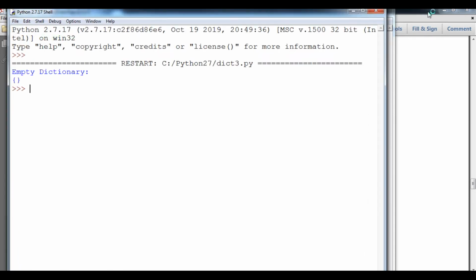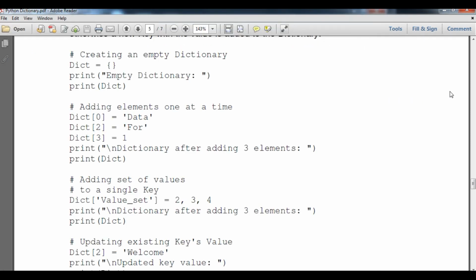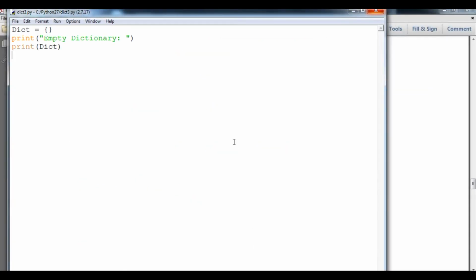You can see in a fresh copy I will show you. You can see a dictionary will open here with empty elements. Now we are going to add some elements, as shown here, like 1 2 3. So we will add the same thing, student, here. So here, adding an element. Here dict of 0 equals whatever, we can say data.